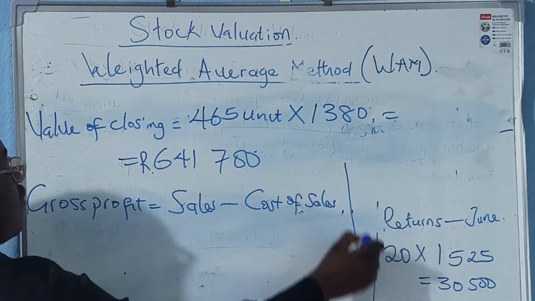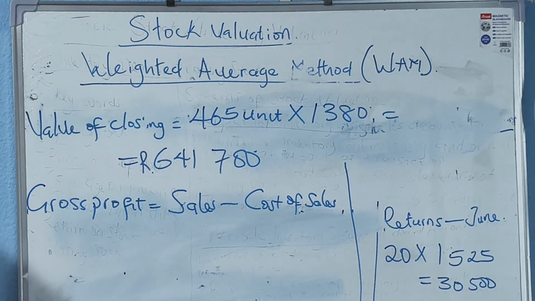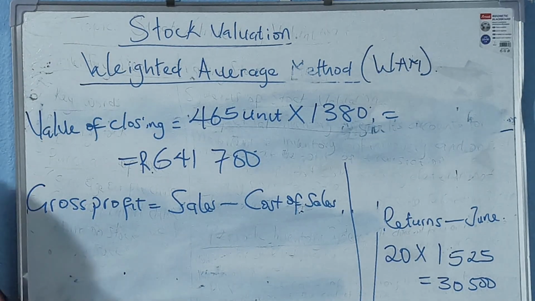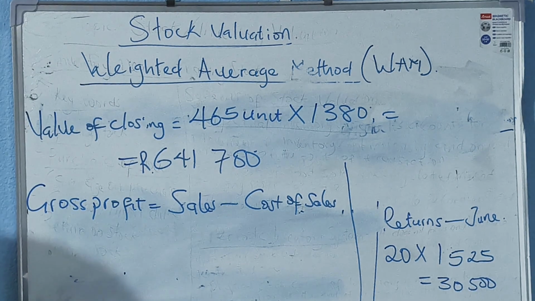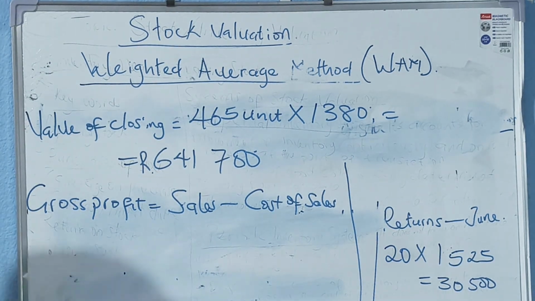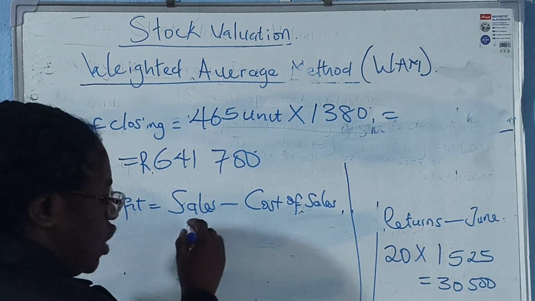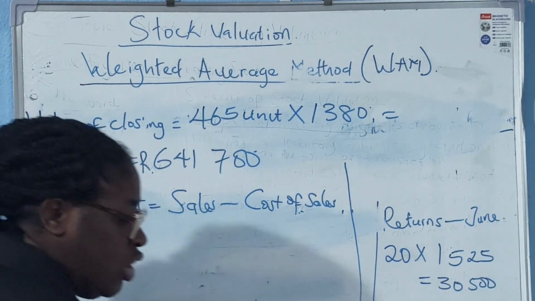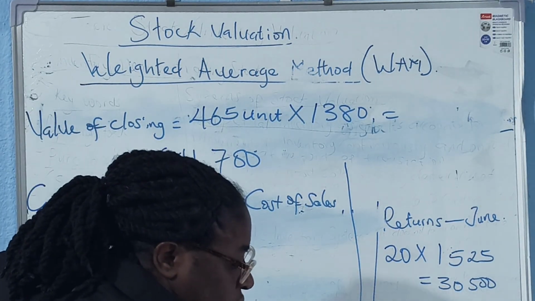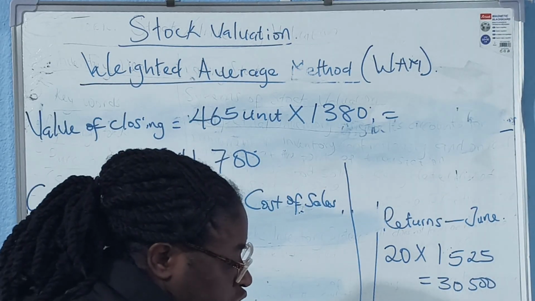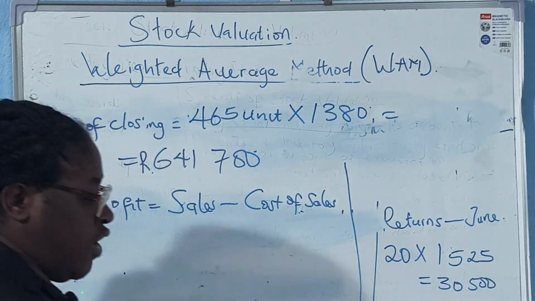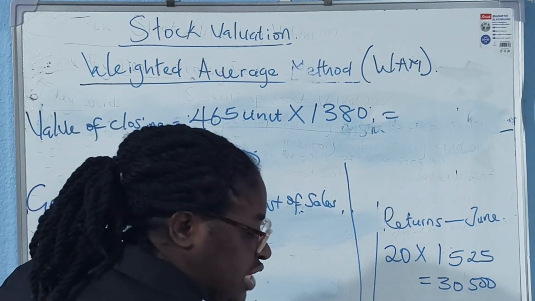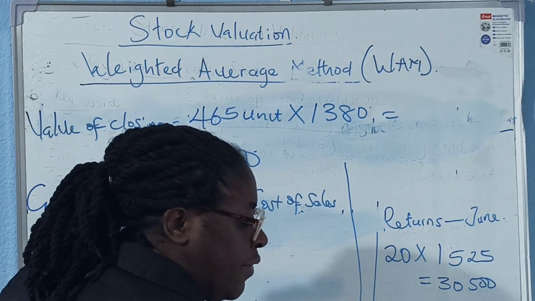We got this from our trading account. Looking at your income statement, your sales minus your cost of sales will give you your gross profit. So we need to know the value of our sales, and then we need to know the value of our cost of sales. If you check this question, the first line says, Pope Shabalala is the owner